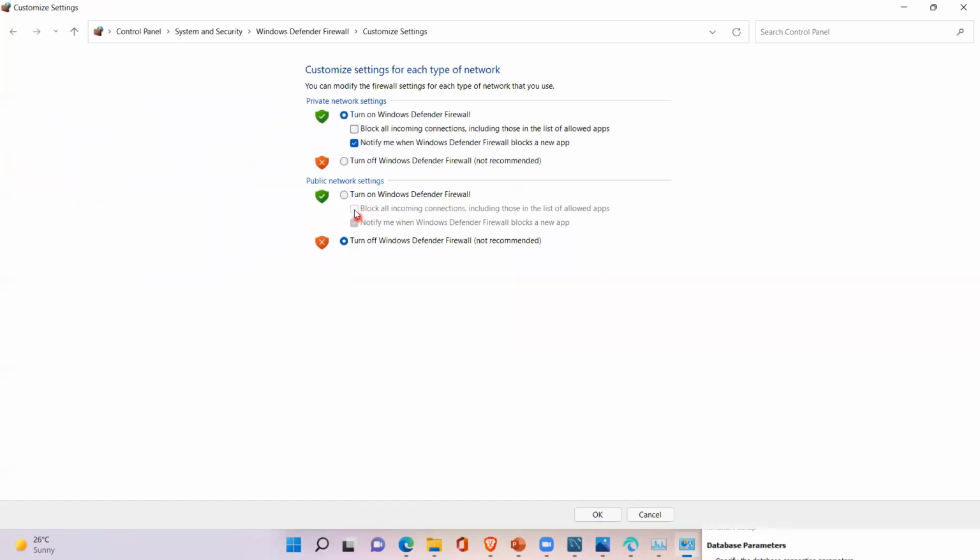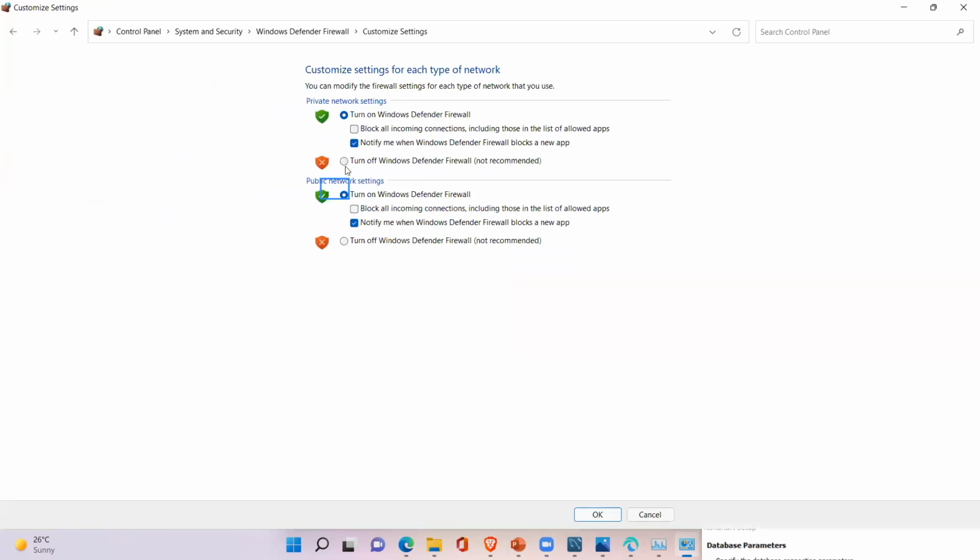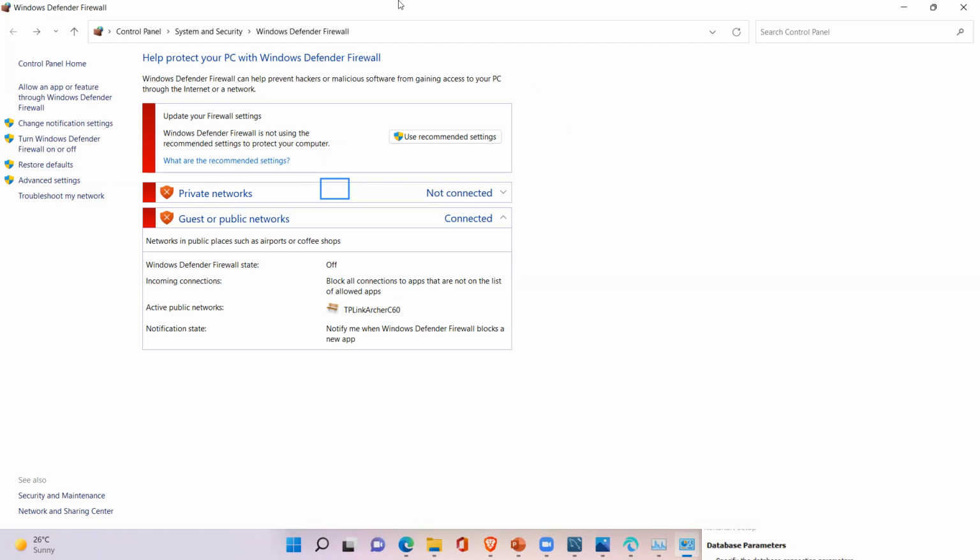Suppose this one is selected, observe here, it will show you as on. See here, it is showing as on, right? Now if you go to this, let me turn it off for a while, and click OK. Remember to click OK at the bottom. Now you see the status is off. The Windows Defender Firewall state is off. This is the first condition to do this master-slave setup.